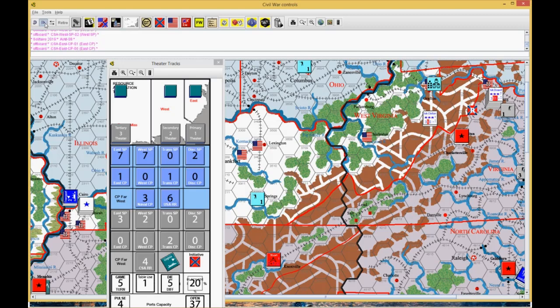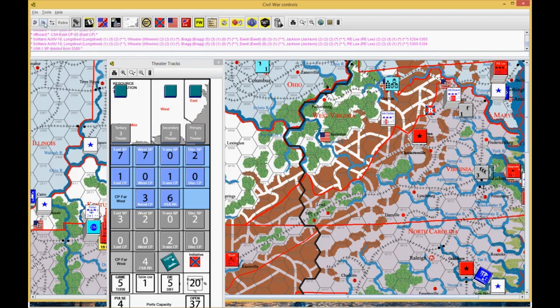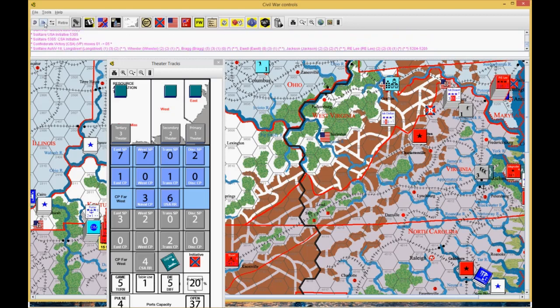And then I went over to the east, spent my last 2 to go get Bobby Lee to overrun in Baltimore. And unfortunately, I'm not putting down my rail control markers here like I should. So overran the guy in Baltimore. Came back and attacked into the